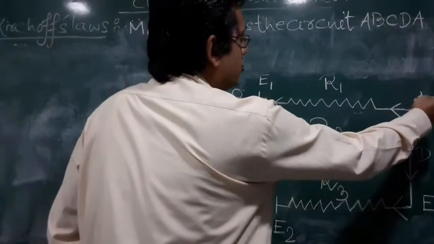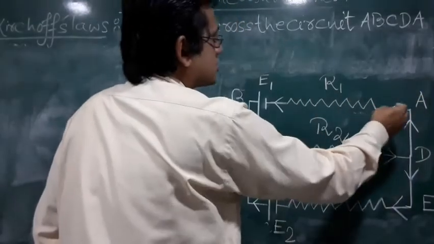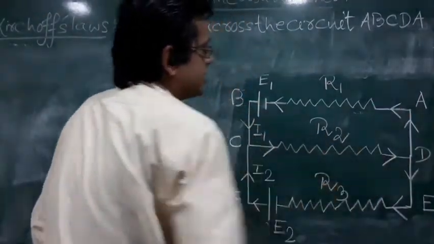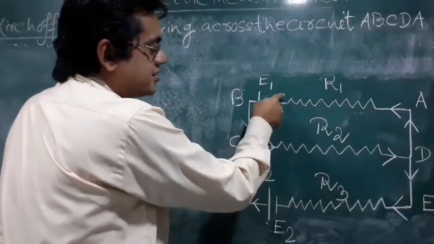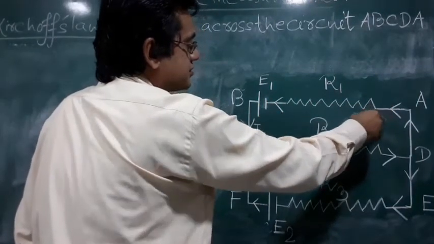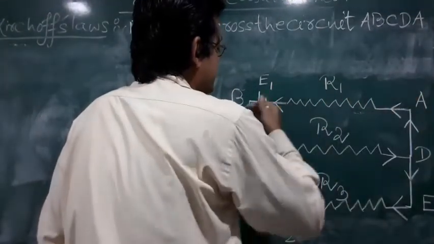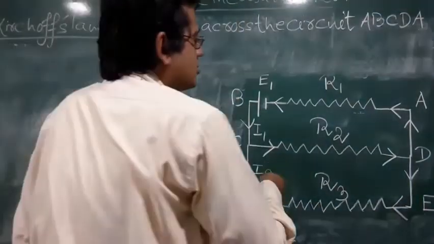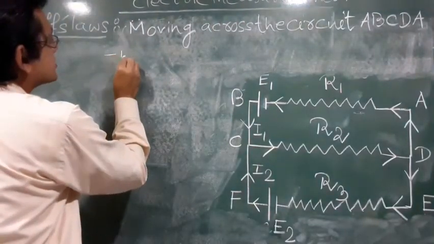Now, when I am moving across the circuit A, B, C, D, A, that means I am moving in the direction of the current. See the direction of the current. So according to the sign convention, it will be minus